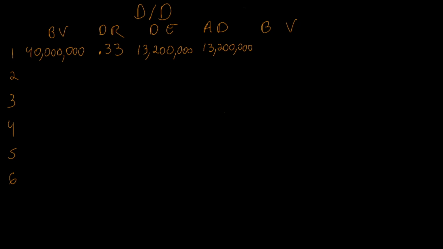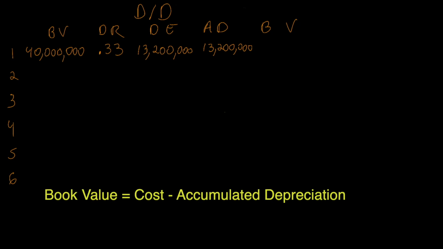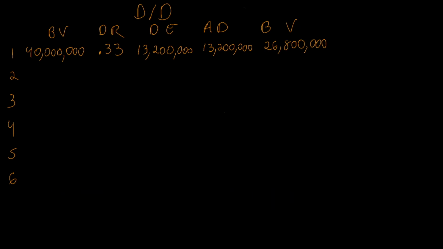And our book value will be cost minus accumulated depreciation. So if we take the 40 million and subtract the 13.2 million, that will give us this year's book value. Again, using book value for the calculation, at the beginning of year two, our book value is now $26,800,000. We're going to take that and multiply it times 0.33, and that's going to give us